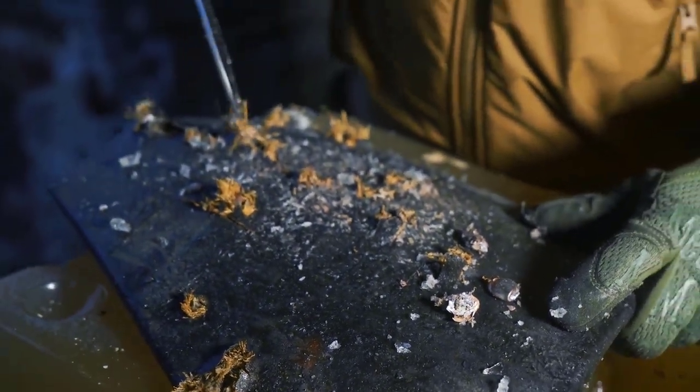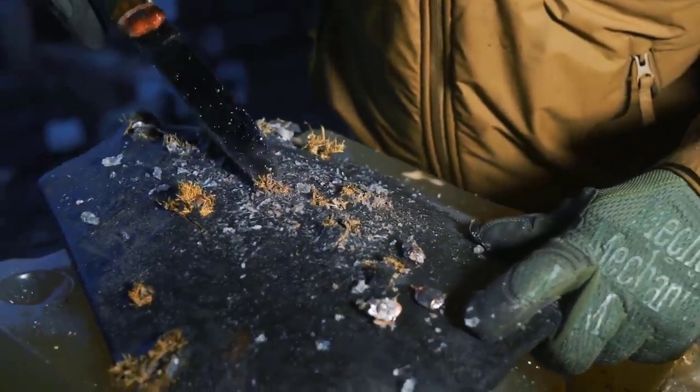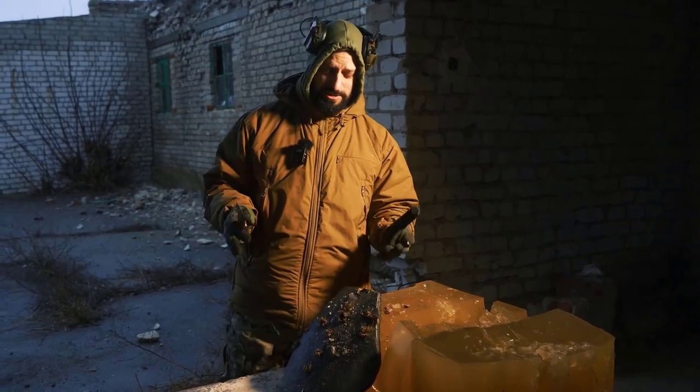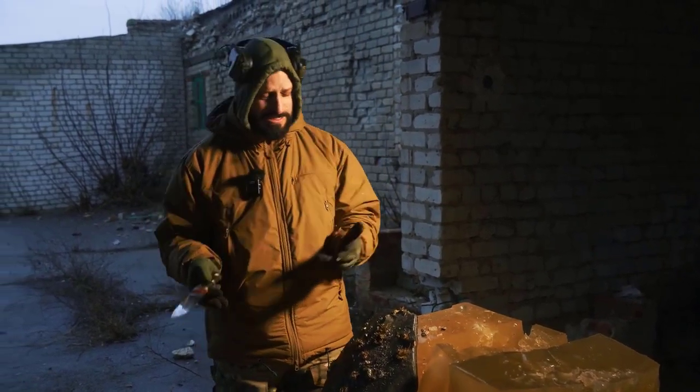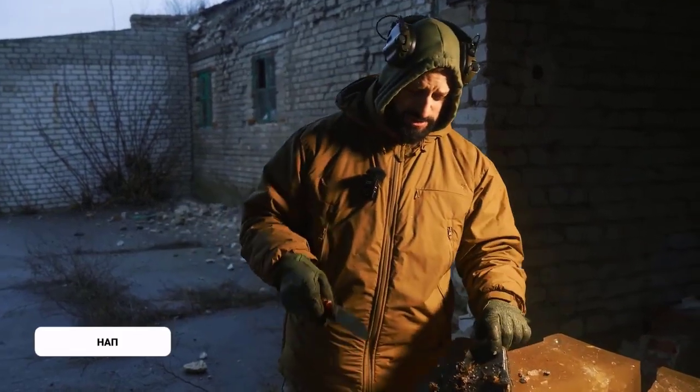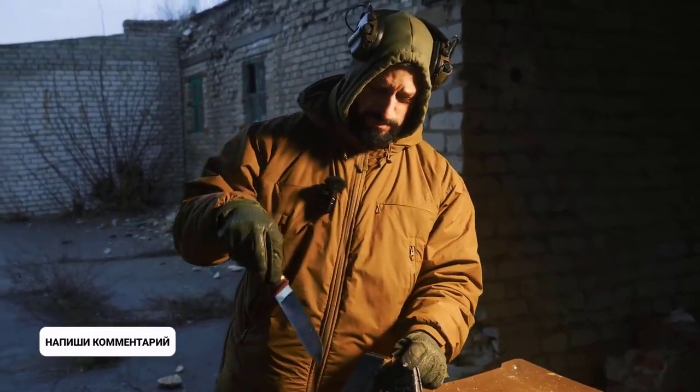By the way, the top hit was the most serious, and the bullet bounced back. Well, from the backside, everything is fine. By the way, can someone explain to me what NEVA 4 is? Because I couldn't find it on Google or Yandex, even though it says everything can be found there. Whoever writes in the comments, let me know what kind of manufacturer it is and where you could buy such